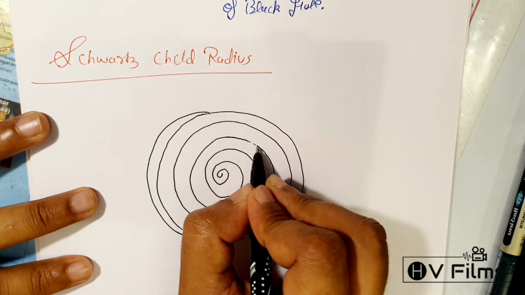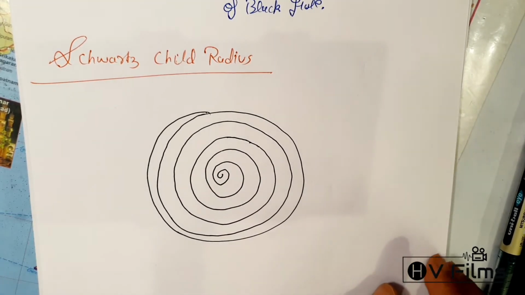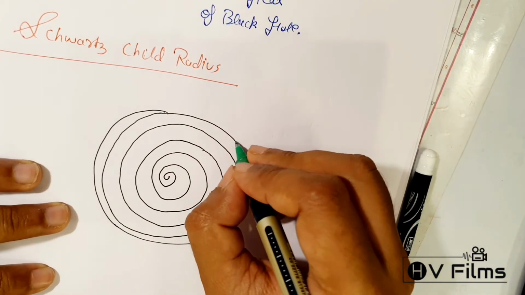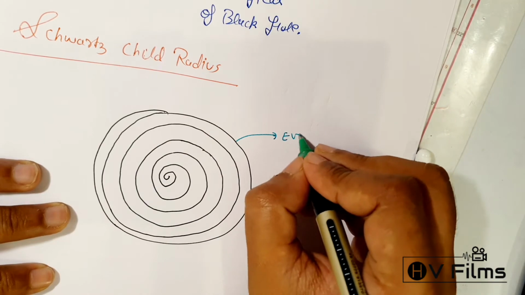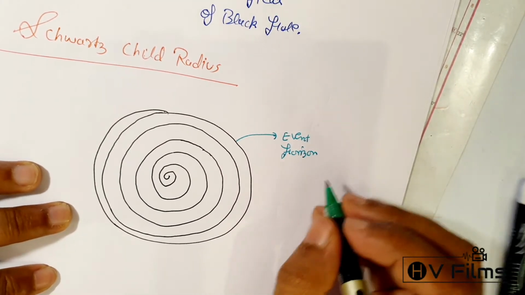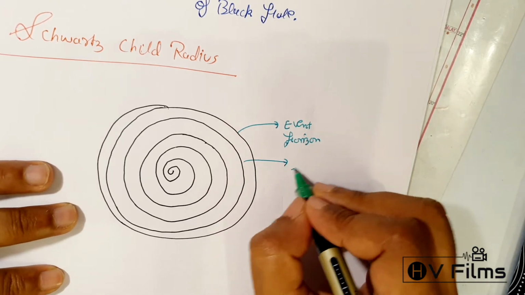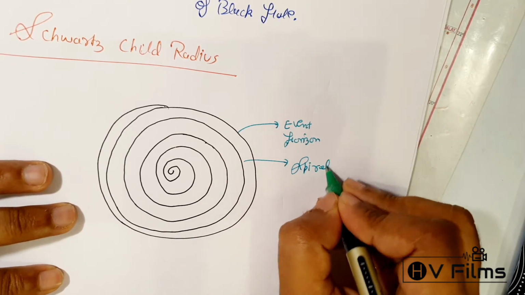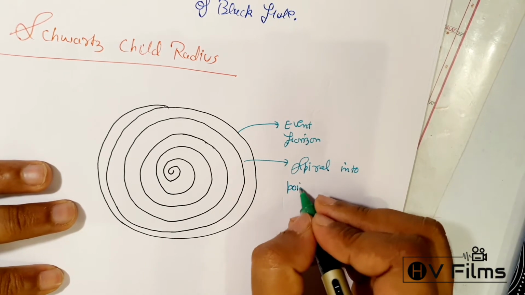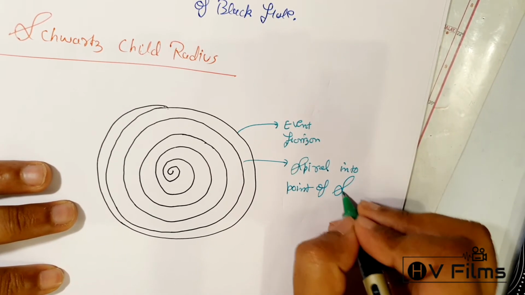So this is what it looks like: here is the event horizon, and this is like a spiral into the point of